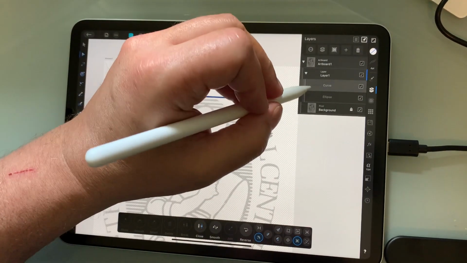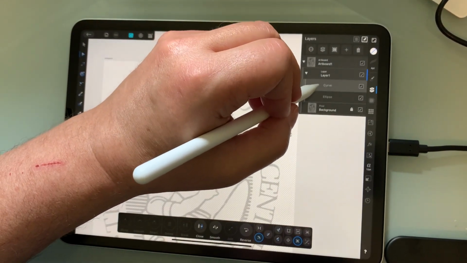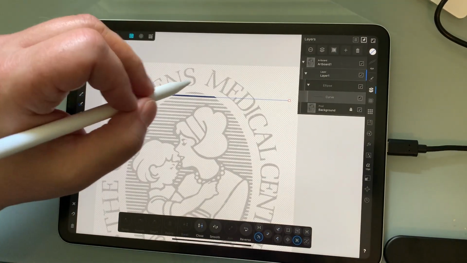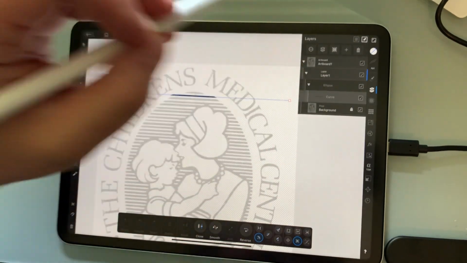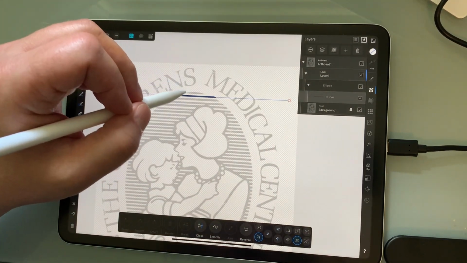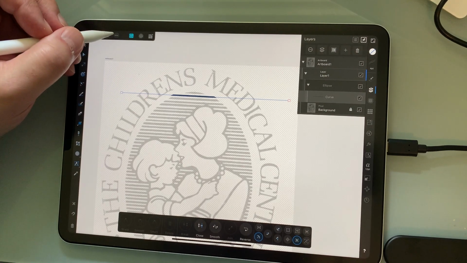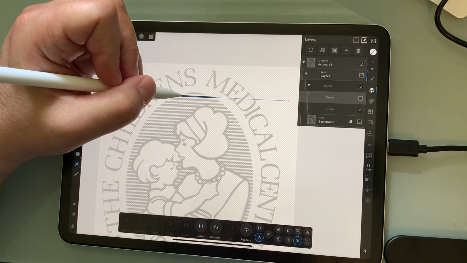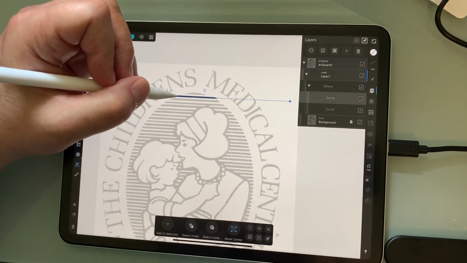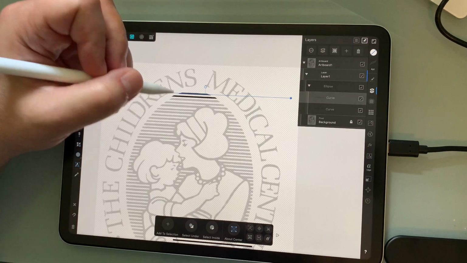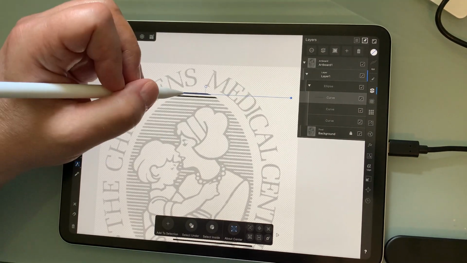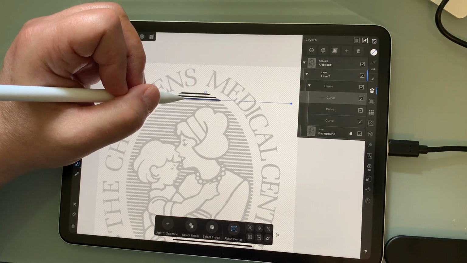Well, if I drag it, so it's right in the middle. Do you see? It's now in the ellipse. So it's got that line there. So now all I have to do is I can duplicate that, come over here, drag it up. I can duplicate it again, drag it down to here,